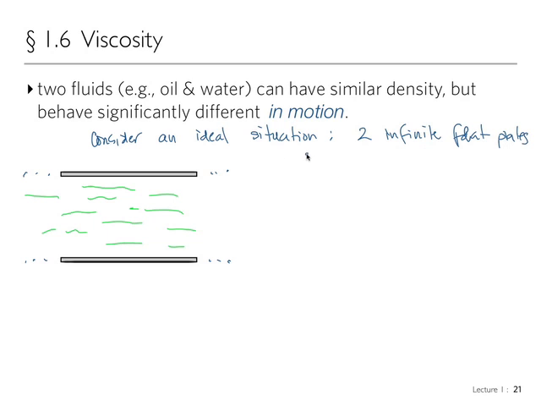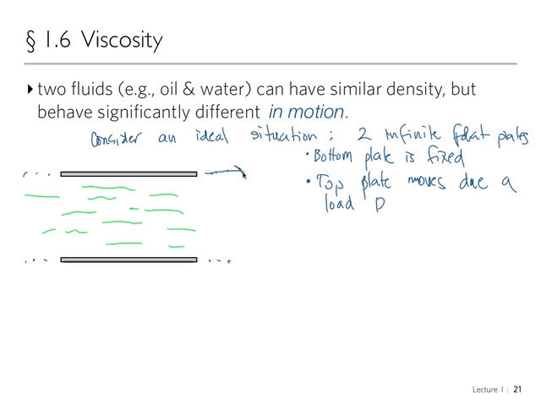Now the bottom plate is going to be fixed and the top plate moves sideways due to a load P. So this one in the top is going to move due to a load P, and the one in the bottom is at rest. We're going to say that the distance between the two plates is equal to B,